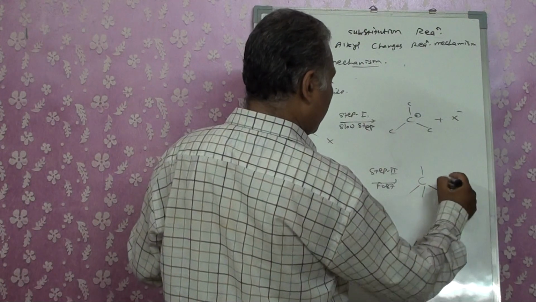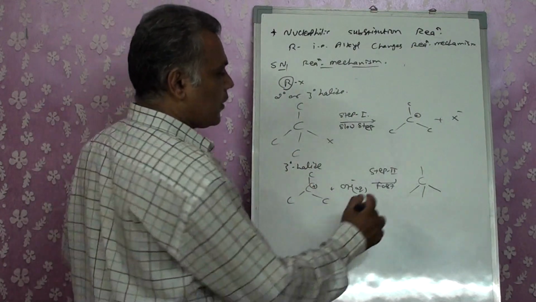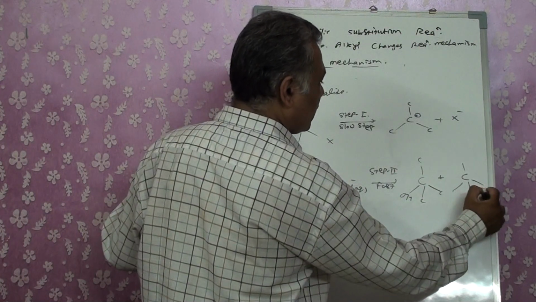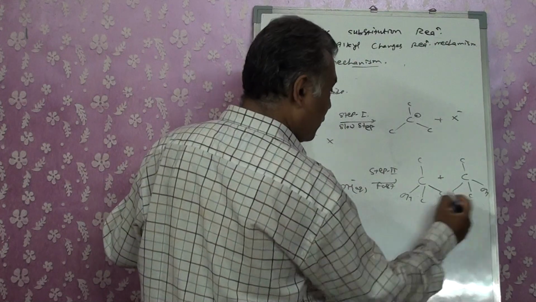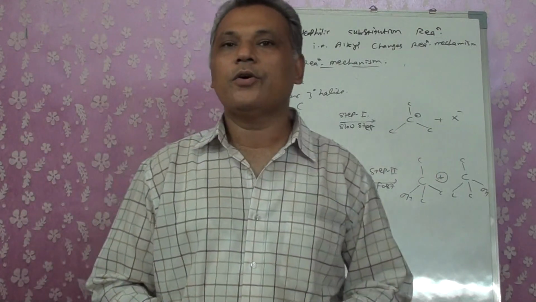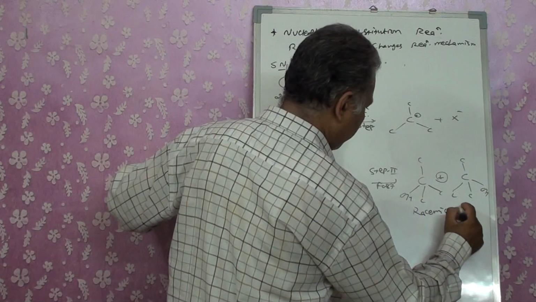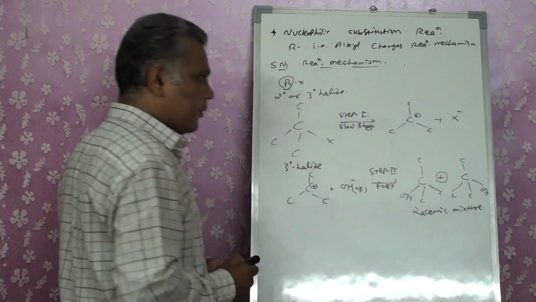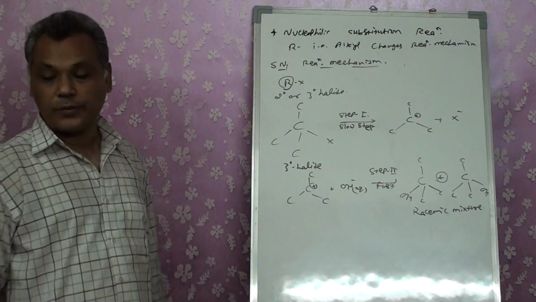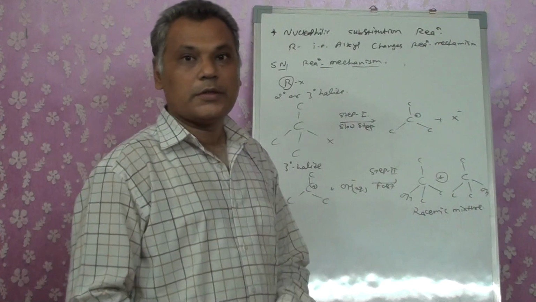Now this time OH has both sides open. It can go from the front, it can go from the back. It can come over here. You can have OH over here also. So we get a mixture of both the products, maybe a dextro and laevo in equal proportion. So we get a racemic mixture. So for the SN1 reaction, we will have racemic mixture formation. For SN2, we will have an inversion product, right?